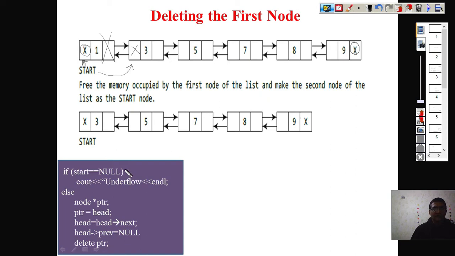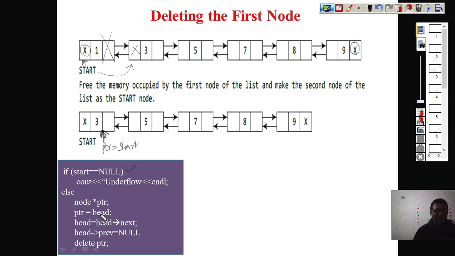We always check the underflow condition, and we have already discussed the purpose of underflow. We just want to check whether the node exists or not, because if no node exists, there is no possibility of deleting. So we will check the underflow condition, but we are assuming here that we already have a linked list existing and we are interested in deleting our first node. So what is required here? We will take one temporary pointer, which is used to achieve our logic. We take one PTR which is assigned the value start. That means PTR is now also pointing to the first node.